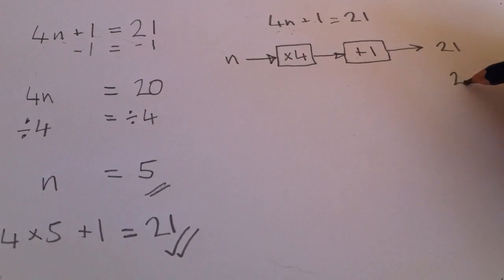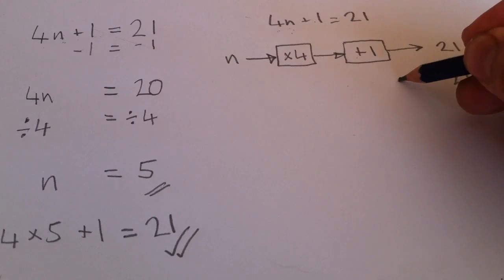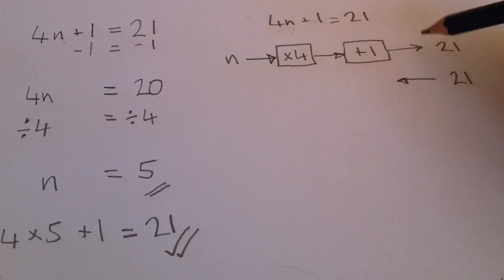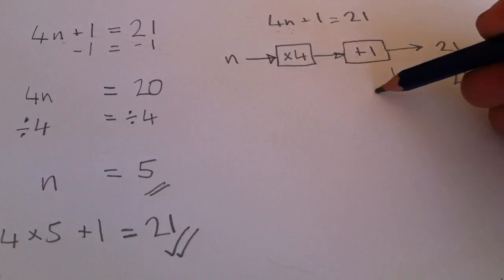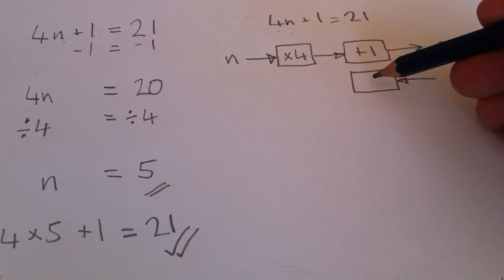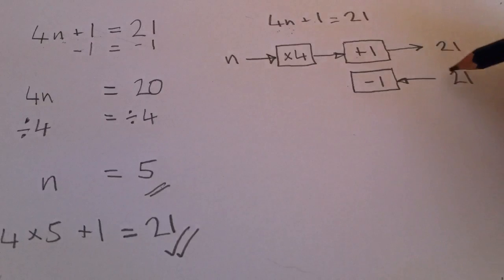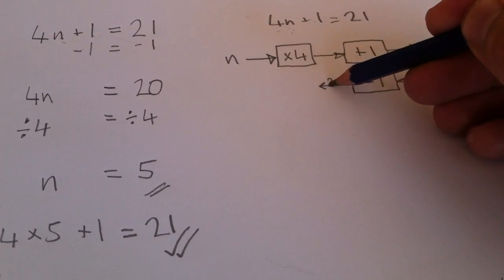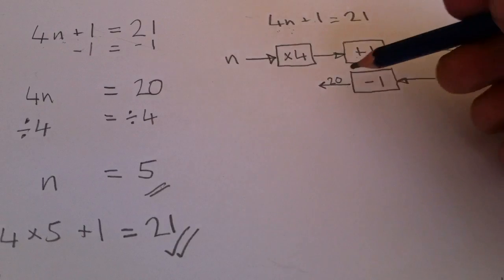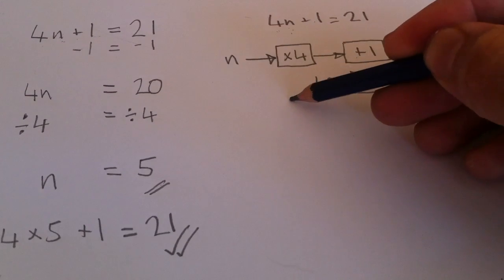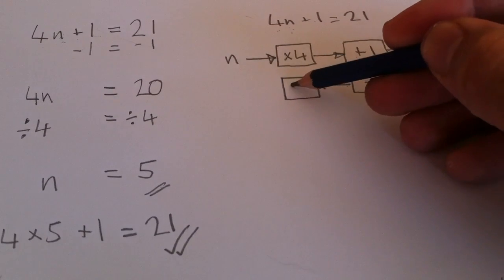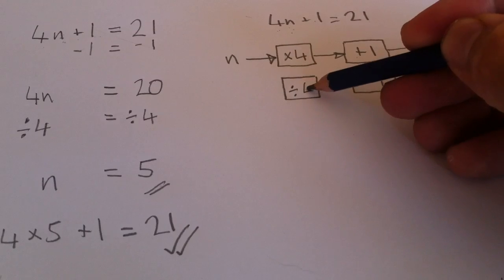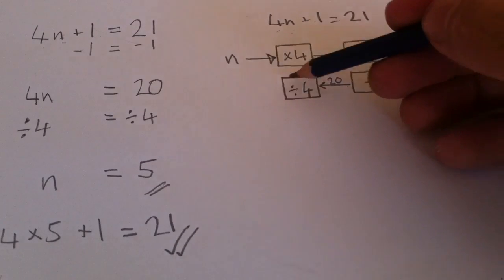Now by knowing that, we can work this equation out backwards to find our value. So what's the opposite of +1? Well, it's take away 1. So 21 take away 1 is 20 so far. We timesed by 4 above here, so what's the opposite to that? Divide by 4. So 20 divided by 4